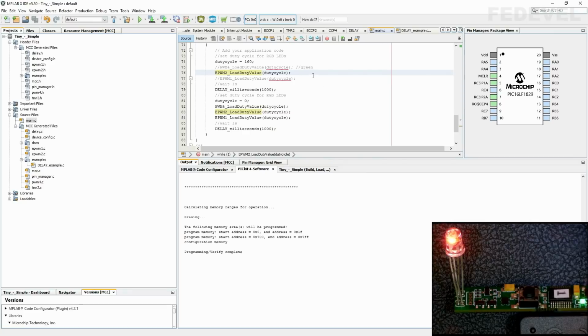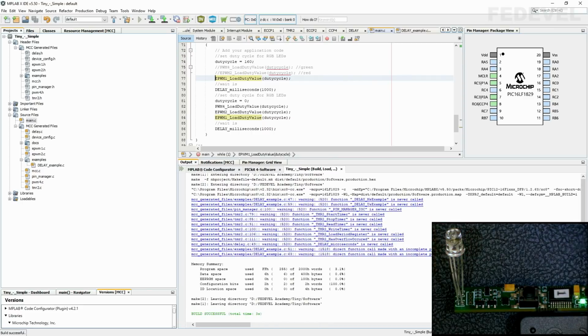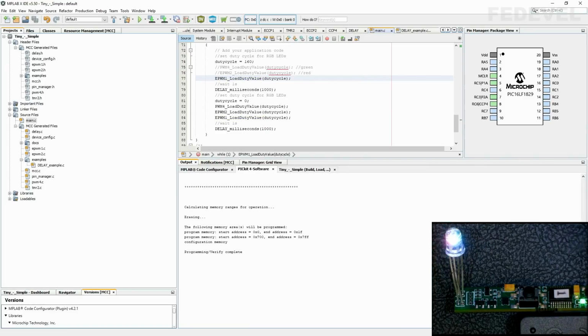This is the red one. And the last one should be the blue one. Compile and upload. Perfect.